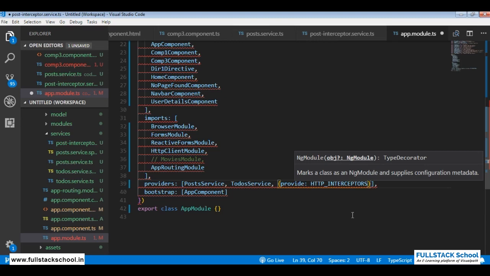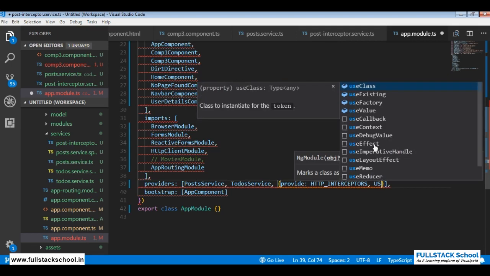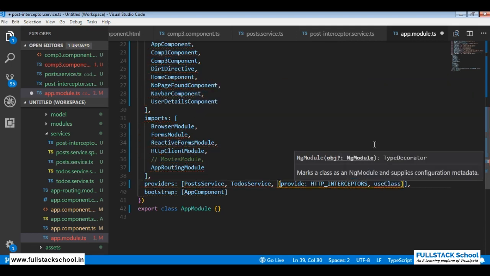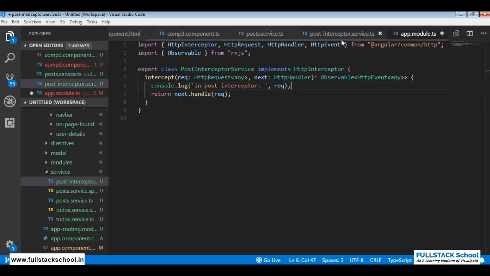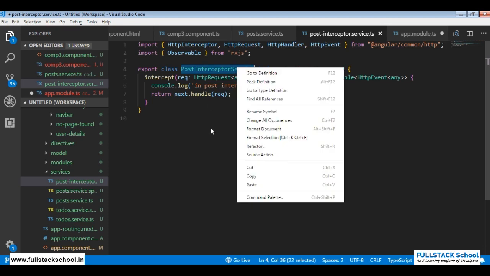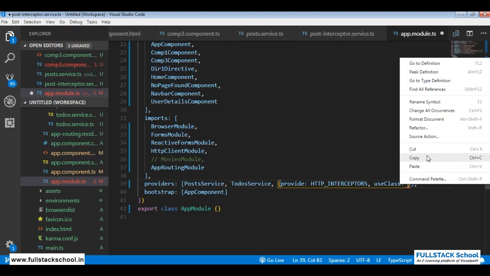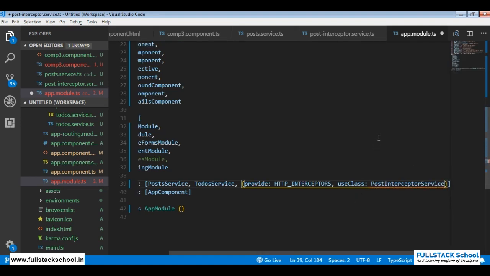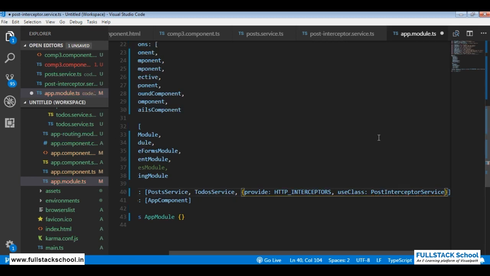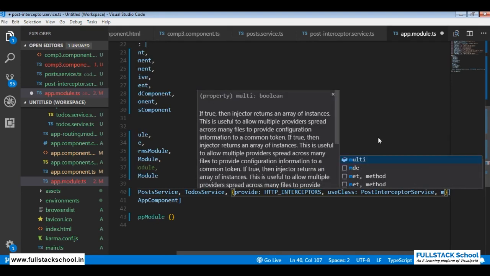So this is the first key value, and next we use class, and this is none other than the class name that we have in here, post interceptor service. I'll copy this and paste it because we need the class name over here, and I need to import it from this service. And the last key value pair is multi,